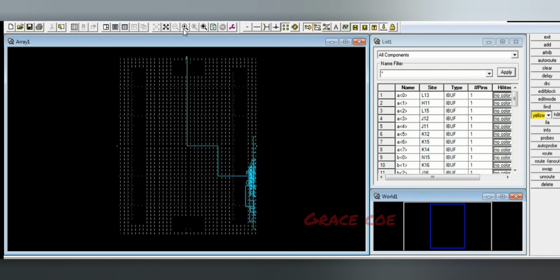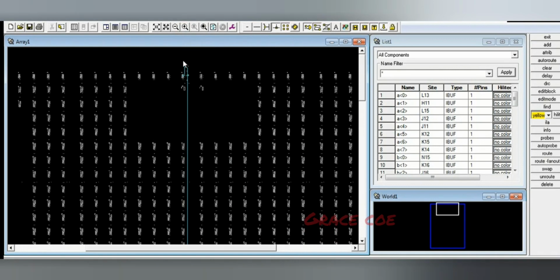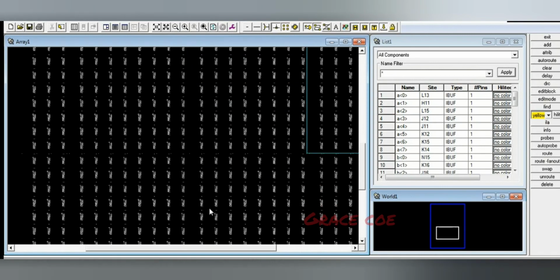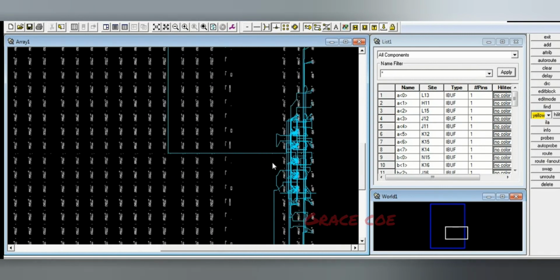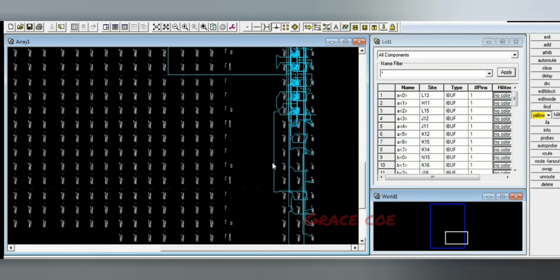So here, by viewing the routing information, you can see how the routing has been done on the device for the given design or algorithm.